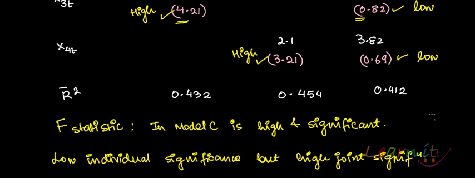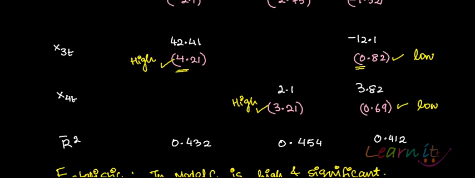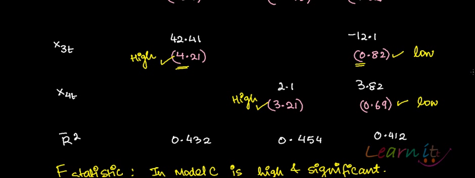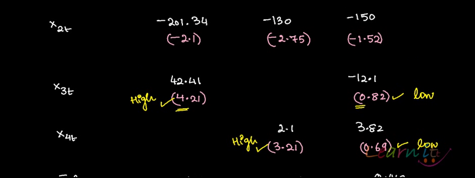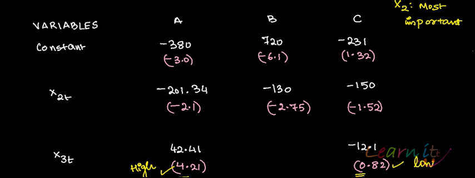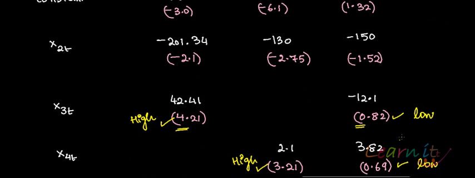Even if you look at the coefficients of x3 and x4 across these models, you will find they are quite different: minus 12 to 42.41, 3.82 to 2.1, and so on. So they are also being affected. When you drop one of these variables, the results get altered. That is the meaning of results getting altered: you move from low significance to high significance, your coefficients change, your F statistic is very significant, but your t statistics are very low and insignificant. These are all pointing towards